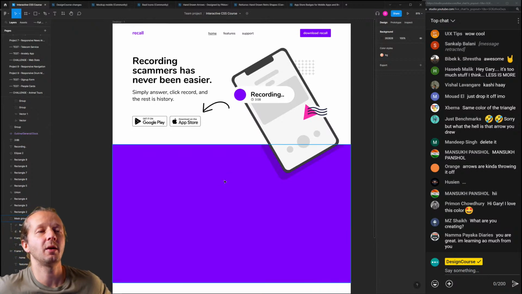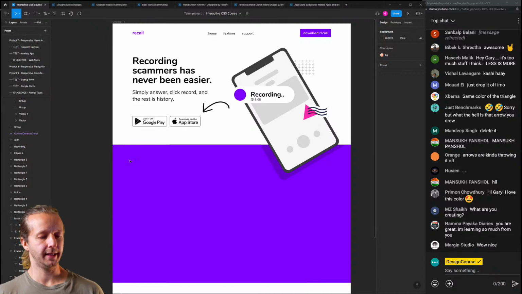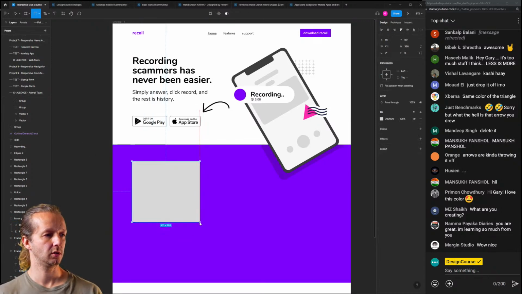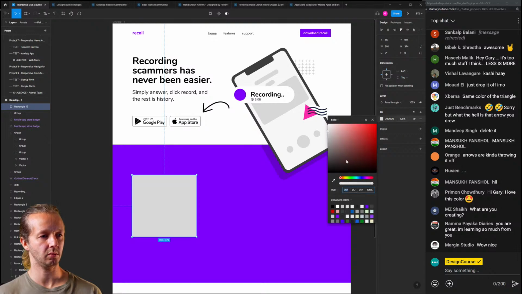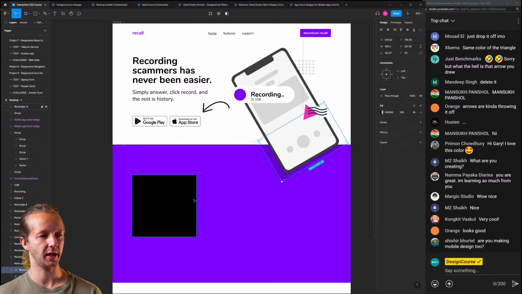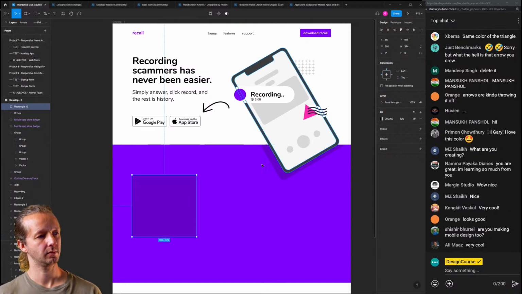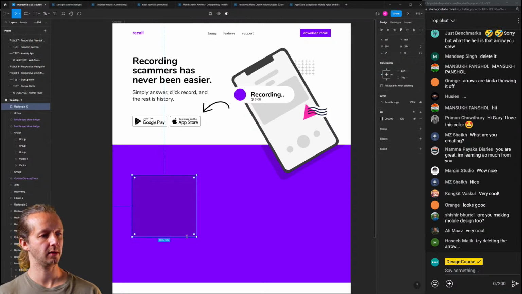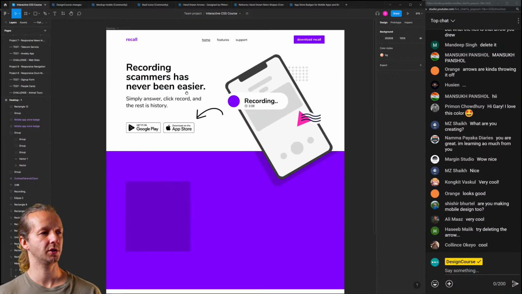All right, so now we have to think about kind of like a feature section. How do we want to approach this? Well, we could do a standard 3-column card layout. Let's just do this. Might as well grab the same. That's 19% opacity. A little bit of rounded corners, borders rather. All right, so we need to come up with 3 features